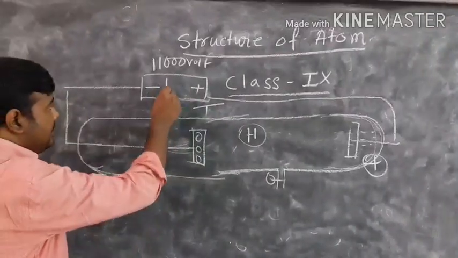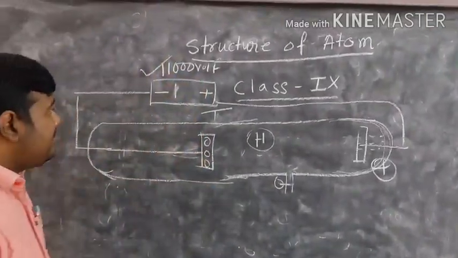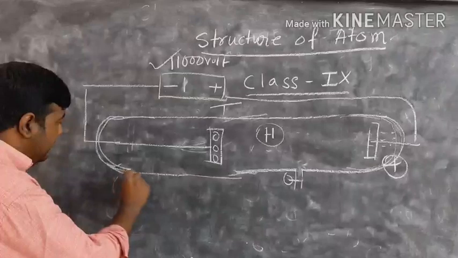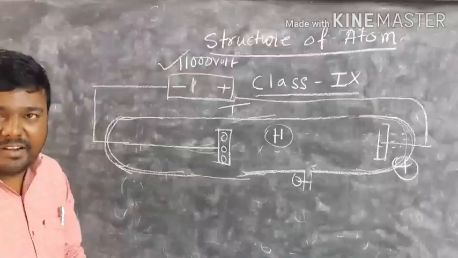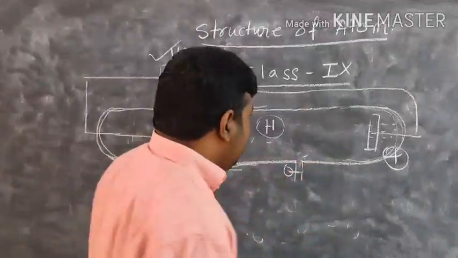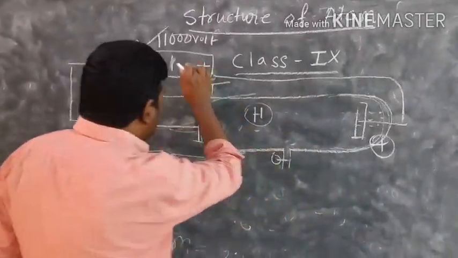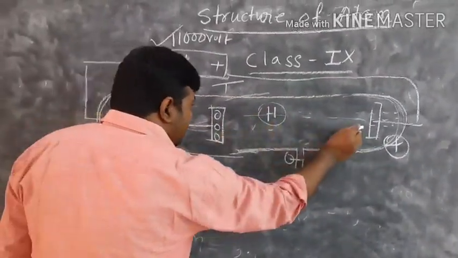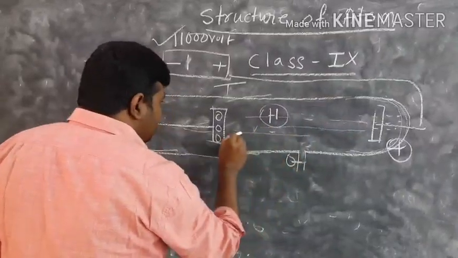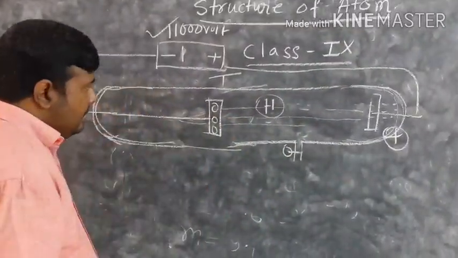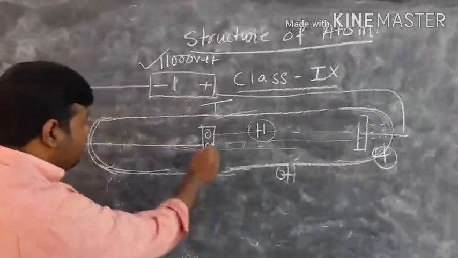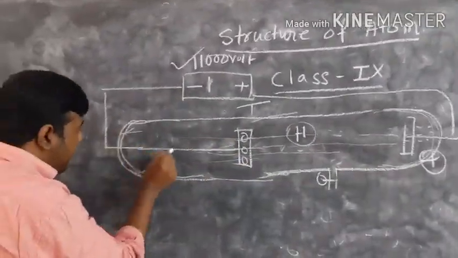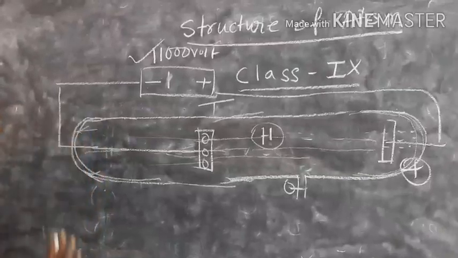Again, see, the same amount of electric current, more than 11,000 volts, he applied over there, and also he painted the wall behind the cathode with a phosphorescent or fluorescent material. Now see what you observe: when he was giving this much electric current, another ray of light was coming from the direction of the anode, heading towards the cathode. When these rays moved through the perforation of the cathode and struck the wall behind it, it started glowing, as there was fluorescent material.